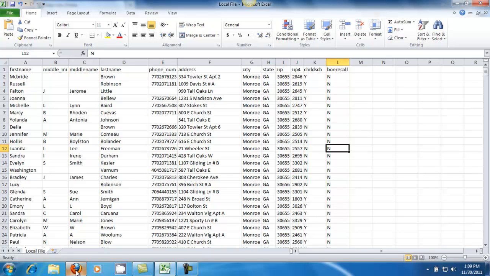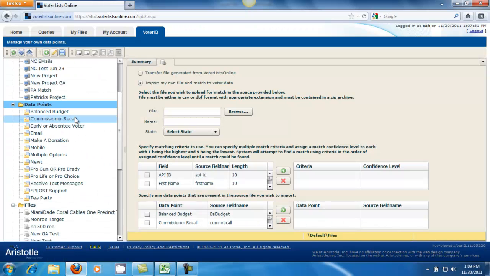So with that being said, we'll go into VoterListsOnline, and the first thing that we'll need to do is actually create the data points that we need to upload into the system. And the data points that we had were based on the two columns of data. We had the presence of a child in the school system and the Board of Election recall. So to first create those points, highlight data points,